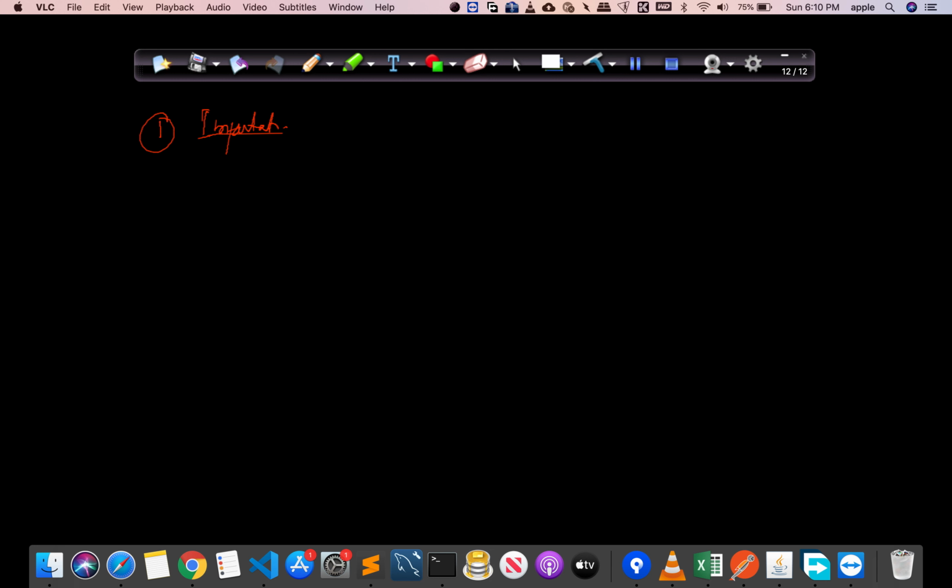Once imputation has been done, then our features are complete now. Suppose we had n features, f1 till fn, all features are complete now. Now suppose in our previous problem f2 was missing for this particular row, then we will have